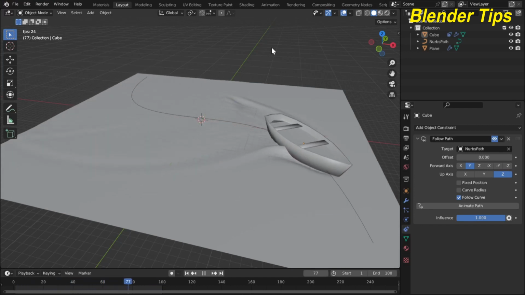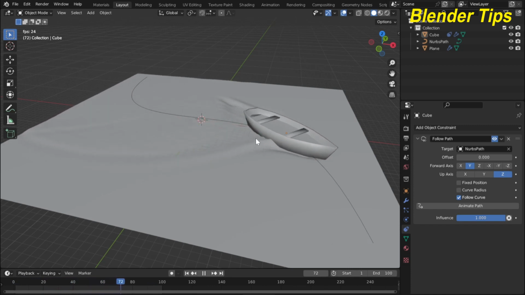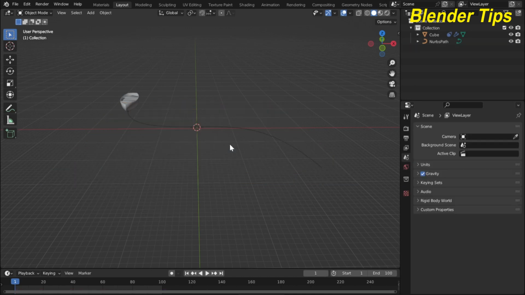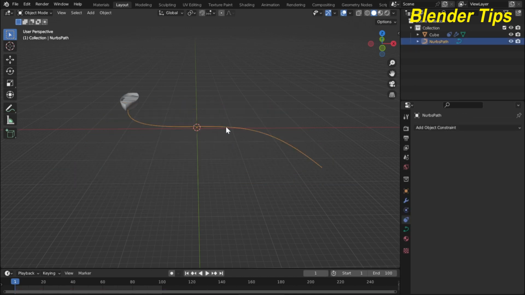In this tutorial, you will learn how we can create these beautiful waves created by these moving boats by using the dynamic paint properties, and how we can create this. So let's start. So first, I delete this plane and also delete this path,